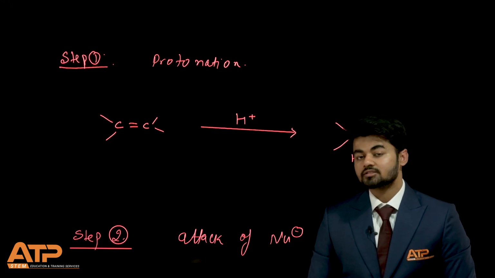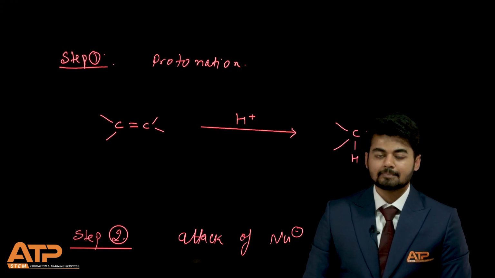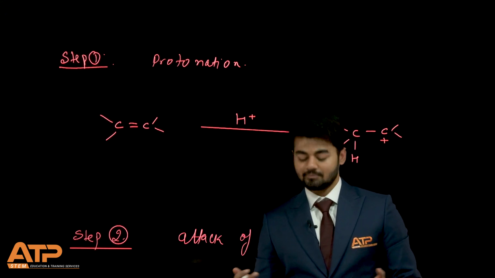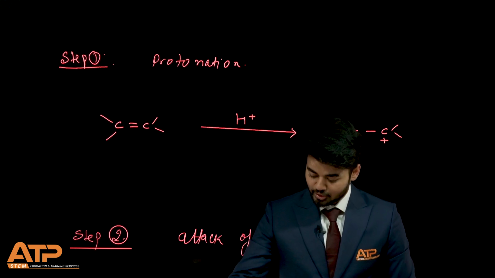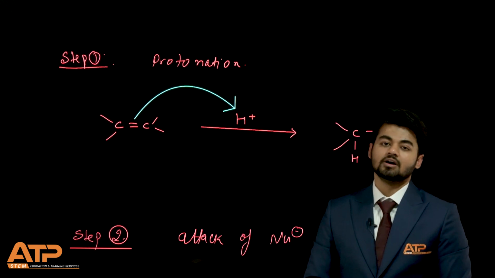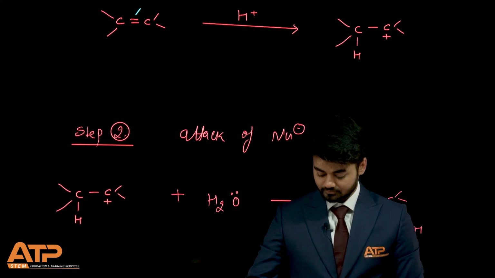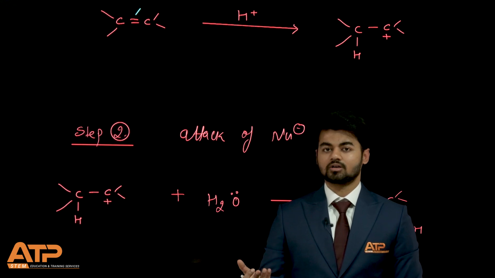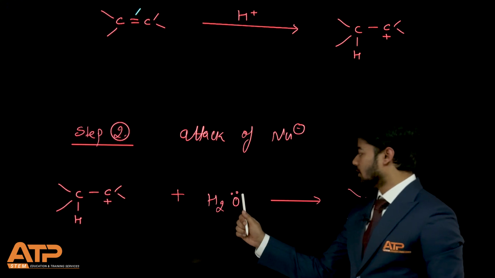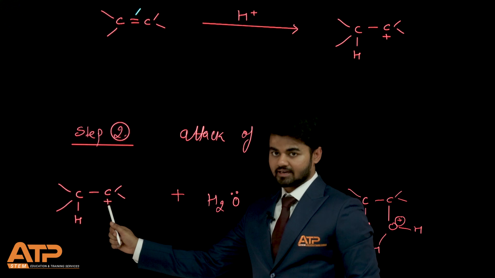So in what direction should we show our arrow? From H plus to the pi bond? No. Electrons from the pi bond went to H plus. H plus was empty handed. It accepted electrons. So the electron transfer should be from the pi bond to H plus, which will result in formation of a carbocation. The moment the carbocation is formed, we have a nucleophile, water. Water though is a weak nucleophile, but okay. On this carbocation, oxygen's electrons will attack. Yeah, they will get attached.